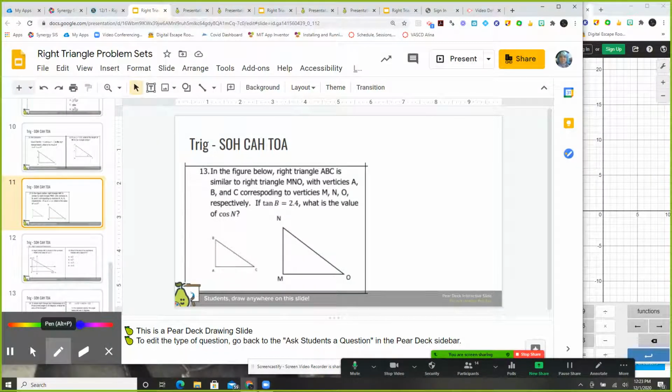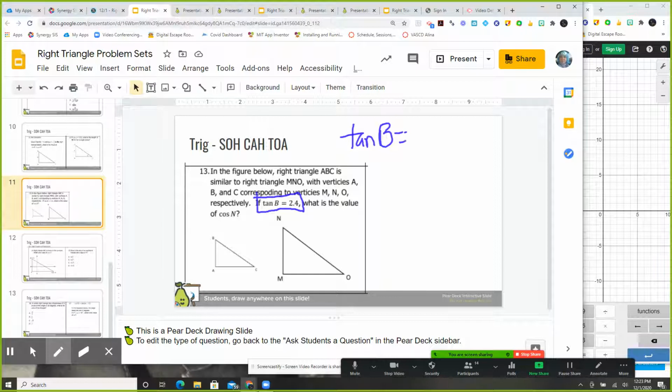What can I label in these triangles? So the ratio of B, so tangent of B, that's TOA, so that's O over A. Can I do 2.4 over 1? Okay. So if my opposite side from B is 2.4, and my adjacent side from B is 1,